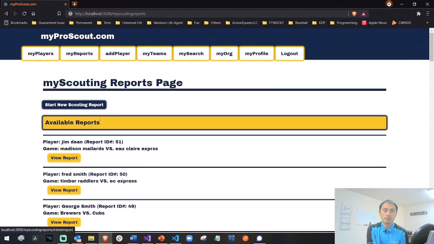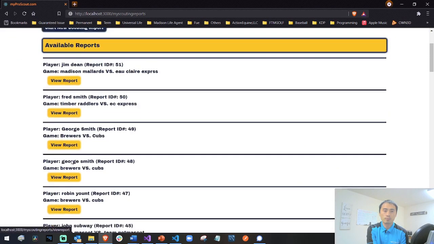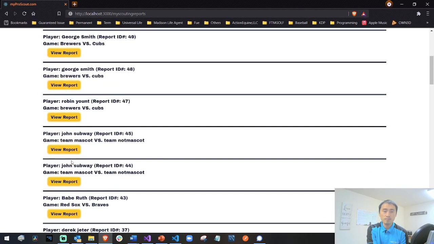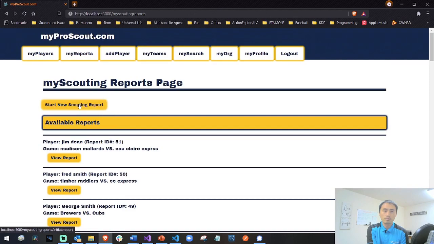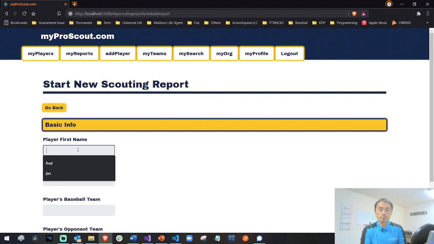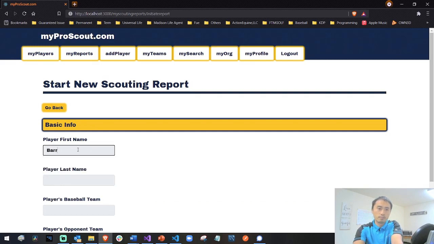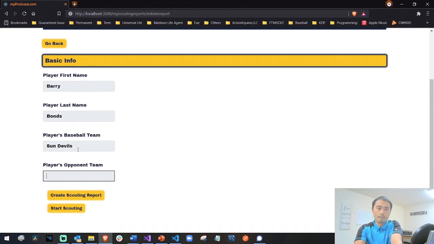Now, you also have scouting reports. You can view a list of all your scouting reports that you've created on this page, or you can start a new scouting report up top here. For the scouting report, you just need the player's name. You hit create,